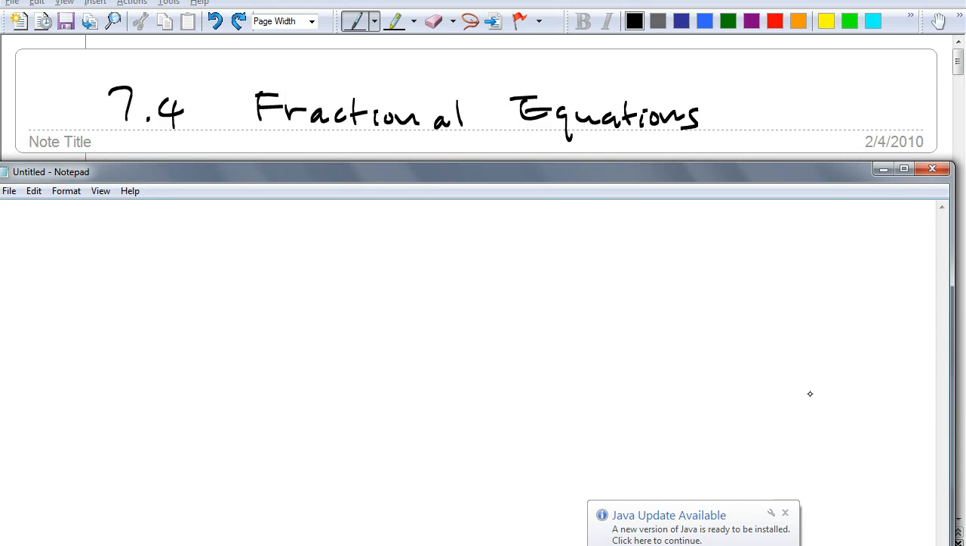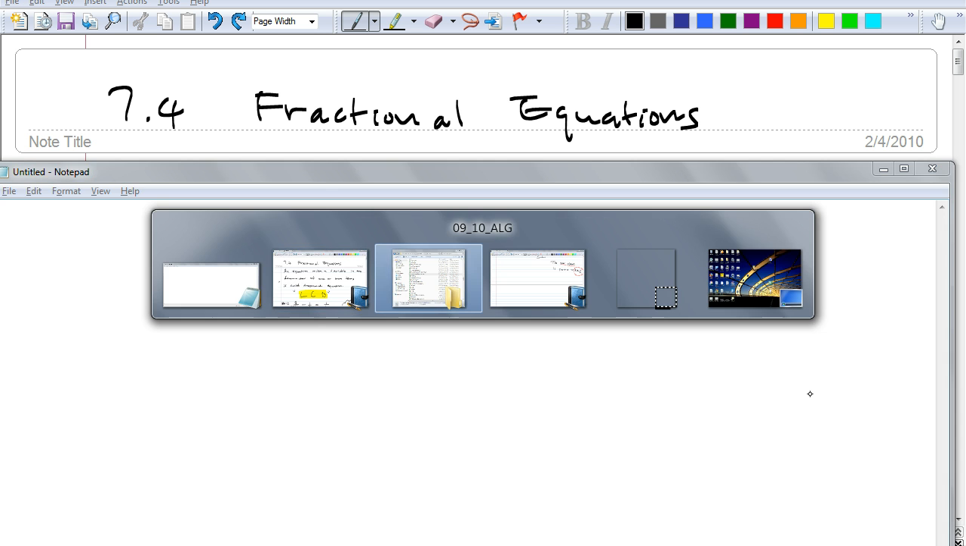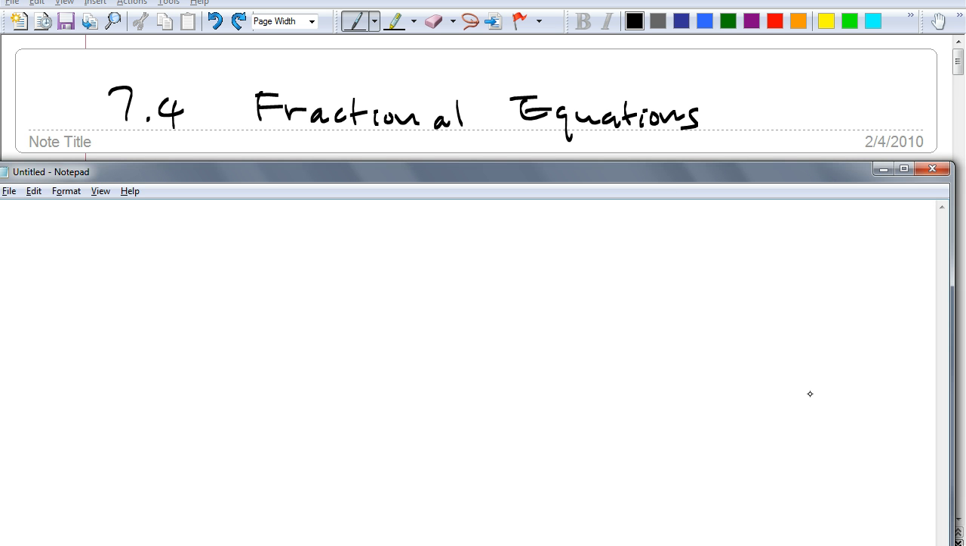Okay, last time we talked about fractional expressions. Today we're going to talk about fractional equations. Fractional equations just means equations with, anybody want to guess? Yeah, coefficients being fractions. We did talk about expressions with fractional coefficients last time, but